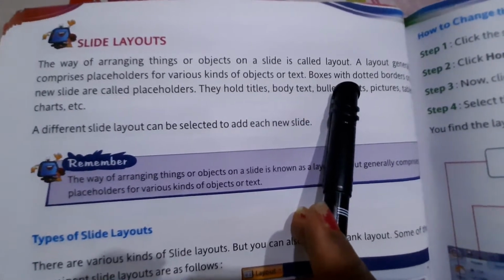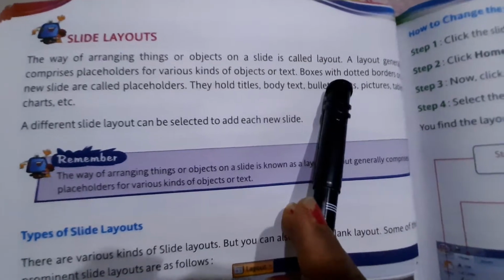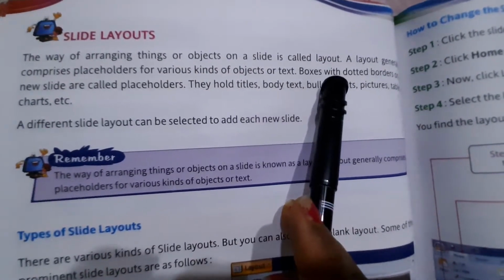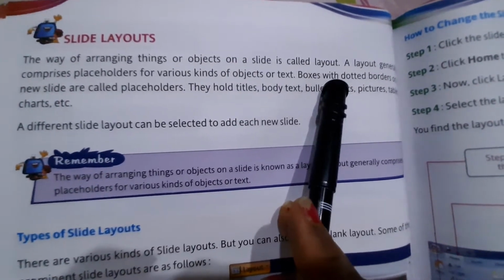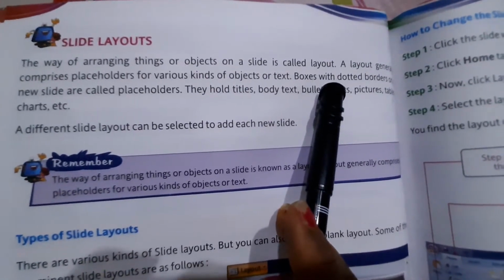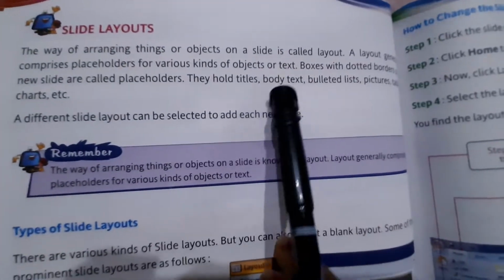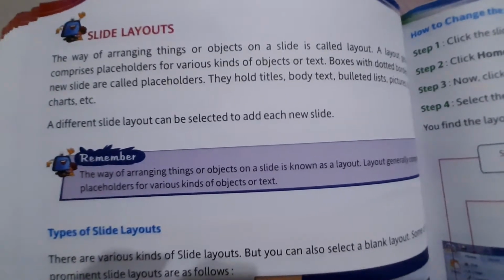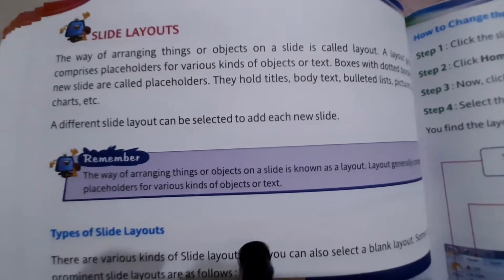A structure is given to you. It is just like a ready-made worksheet or a ready-made drawing in which you fill color according to your choice. Or in craft, many times the structure is given to you, and you just have to fill the color or do some pattern in that. Similarly, in PowerPoint also the layouts are given and you just have to place your things there. It can be text, it can be a picture, it can be a graph, anything.